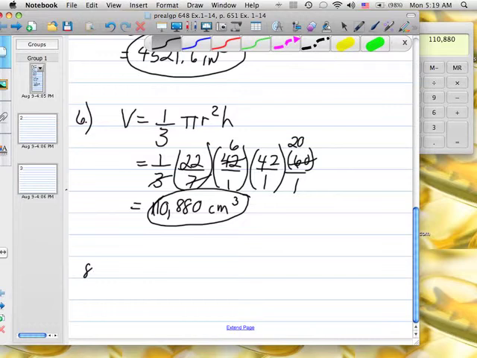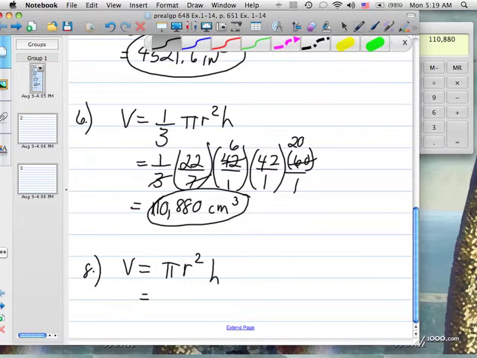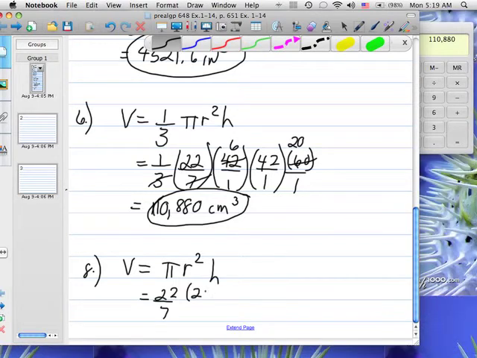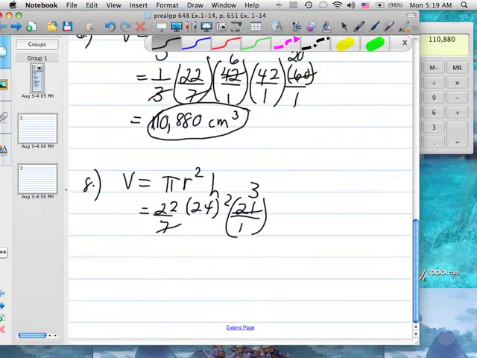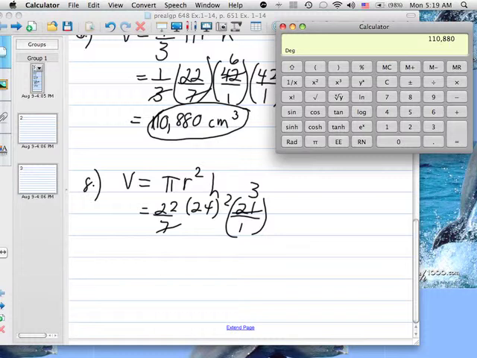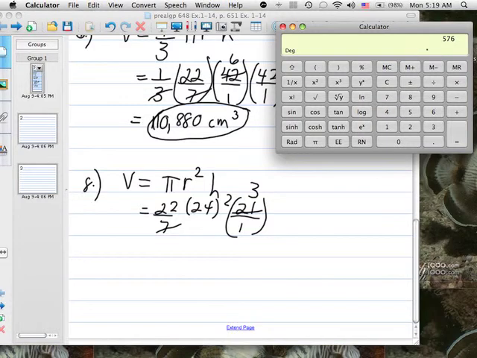Number 8. We have a cylinder, so its volume equals the area of the base figure times the height. And the 21 millimeters is divisible by 7, so we're going to use 22/7. The radius is 24, so we have to square that. And the height is 21. So I can cancel the 7 and the 21, getting 3. And if I use my calculator carefully, make sure I square the 24 before I multiply by anything else. 22 times 24 squared times 3 equals,